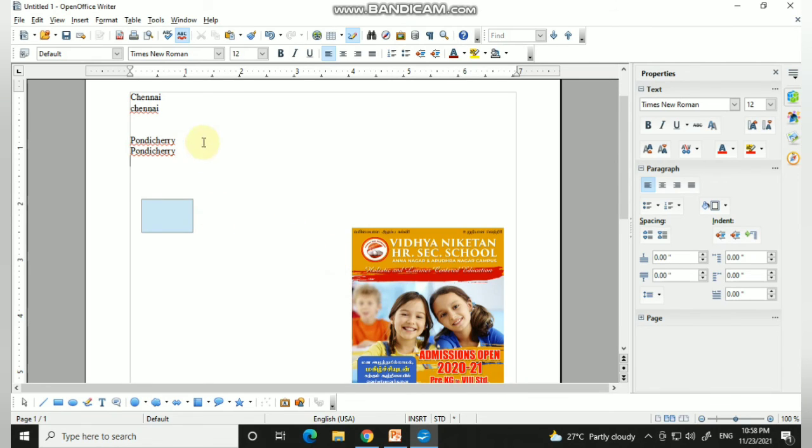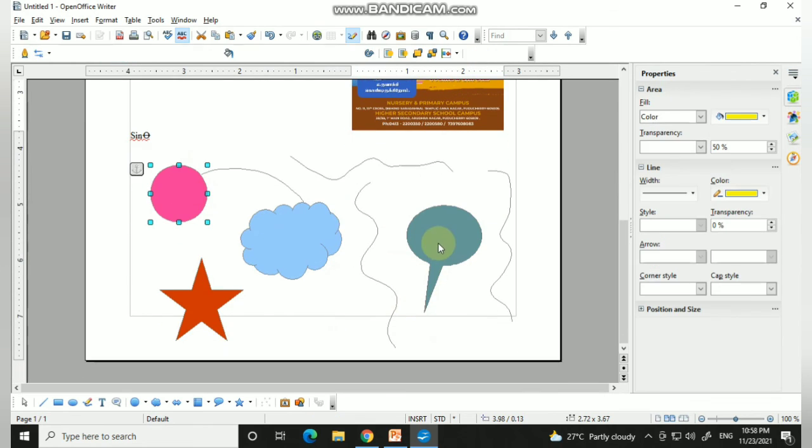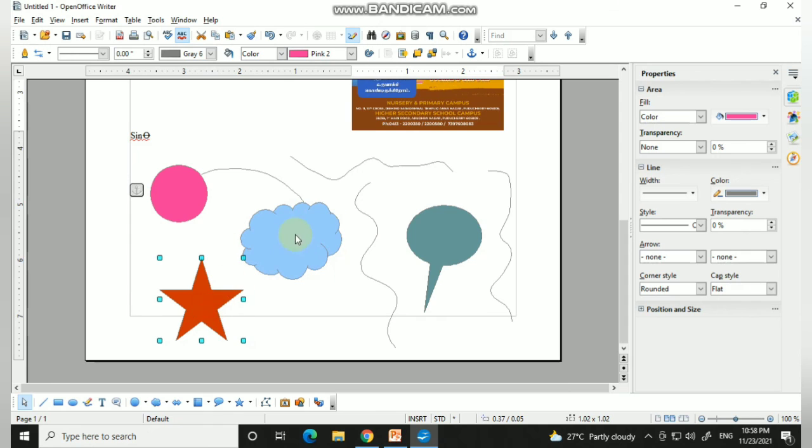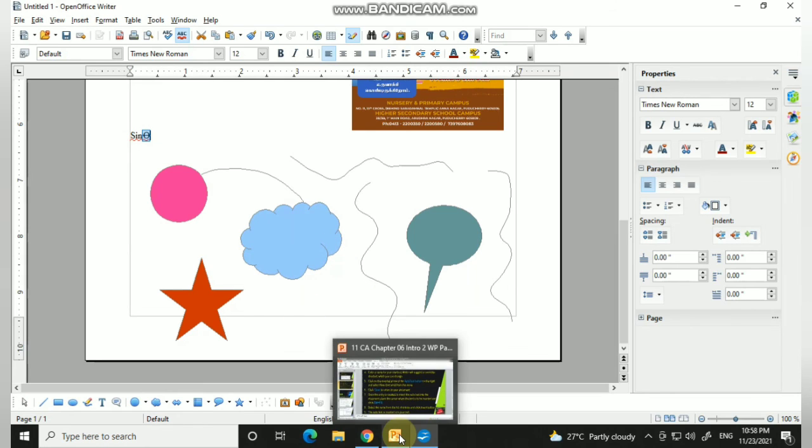Today we discussed how to insert text using the auto text option, how to insert a picture, how to draw shapes, how to draw freehand drawings, and how to insert special characters and special symbols which are not on our keyboard. I hope you will understand these concepts. Go through all these three questions thoroughly, children. The rest of the things we'll see in the next class. Thank you.